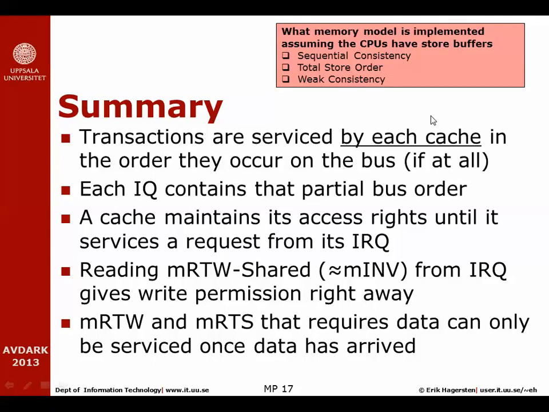Okay, so if we implement a system with exactly the same coherence here, but the CPU has a store buffer, which memory model is the strongest model we would implement in that situation? That is total store order, because in total store order we allow loads to bypass stores. Even if we have a sequentially consistent coherence on top of that, we're still going to lose the strongness of the sequential consistency because the